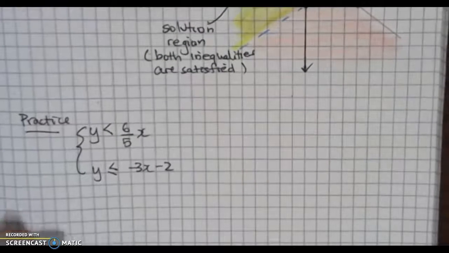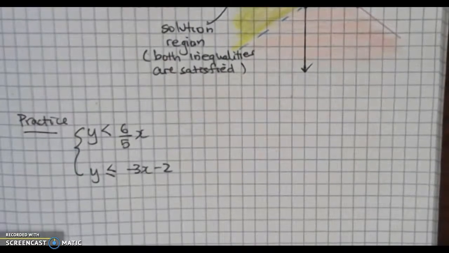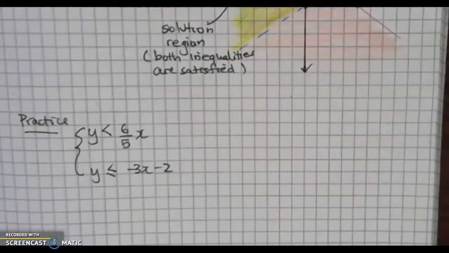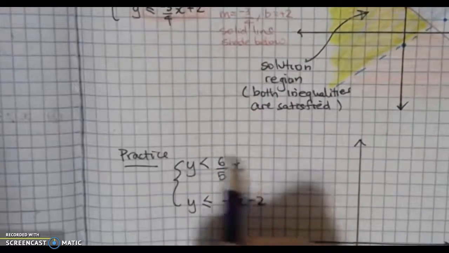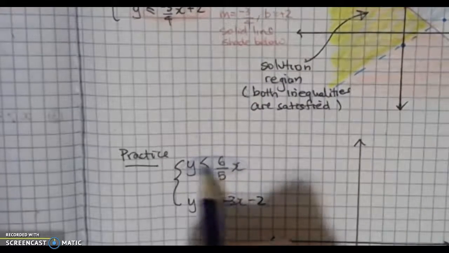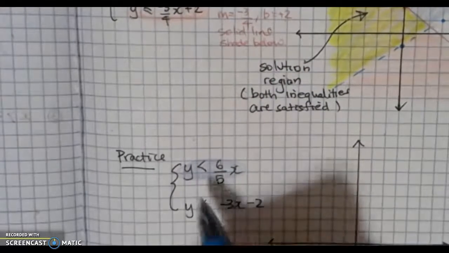Okay, here are the problems. Y is less than 6 over 5x and y is less than or equal to negative 3x minus 2. I want you to pause the video and try this on your own, and I'll show you my solutions in a minute. Great. So I hope you have done this by now. I am going to just do some color coding. Okay, so let's figure out the first